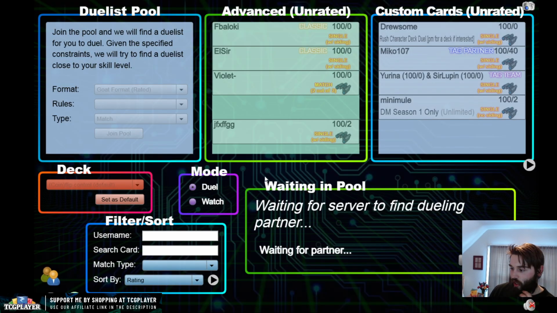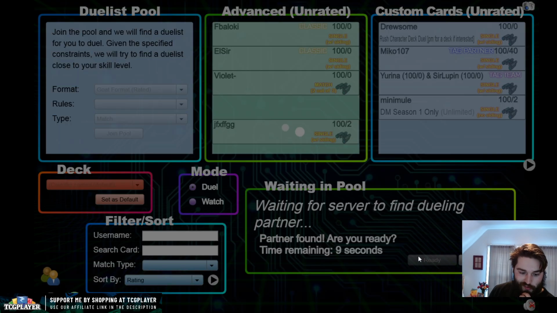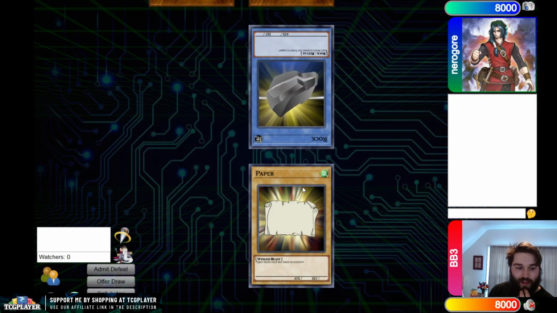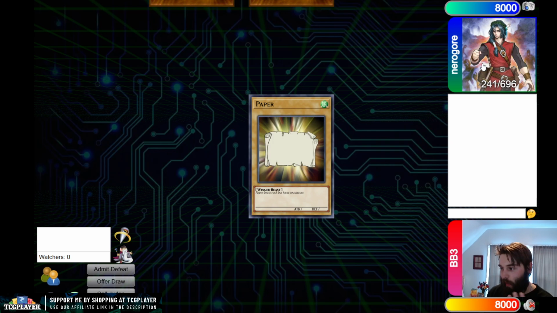I didn't even get a chance to Nobleman of Crossout and rip a card from my opponent's hand. And that was a great opening hand as well. That sucks. Oh, that's so unfortunate. All I wanted to do was start ripping cards. Like, it was about to work. Okay, we win the rock, paper, scissors again, so...